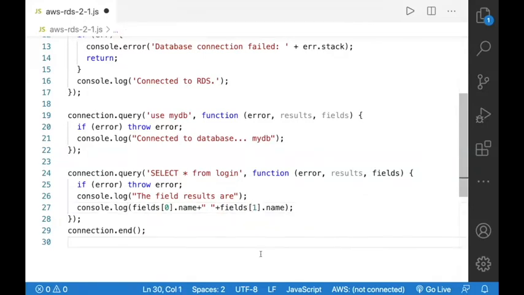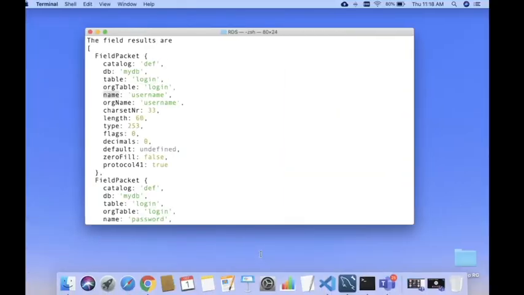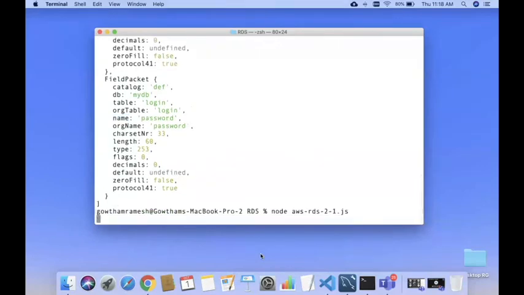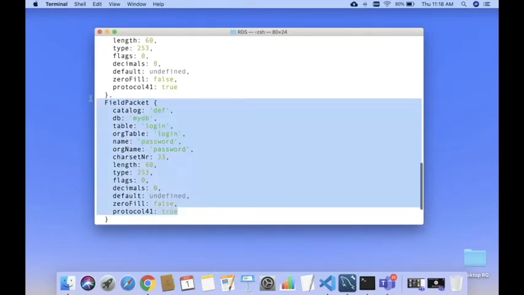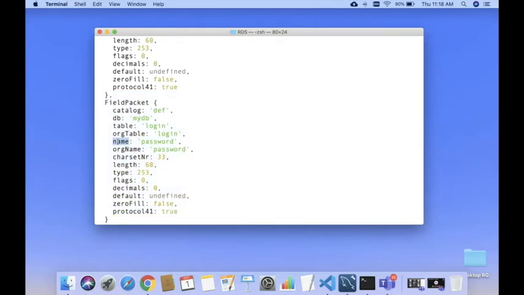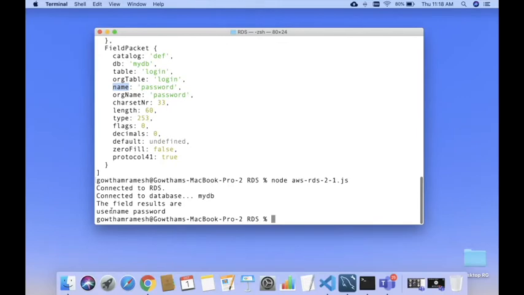So this particular statement will display only the field names, that is the column names, username and password. So instead of having all the meta information, now you can access only the field information by using the corresponding attribute called name. We could access the corresponding field names, username as well as password.